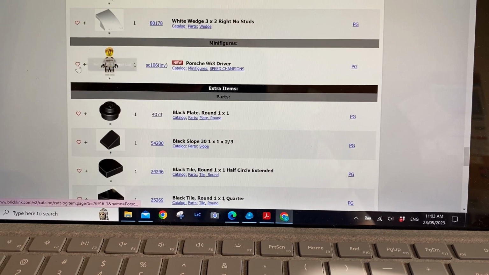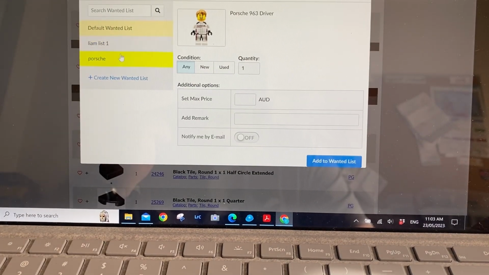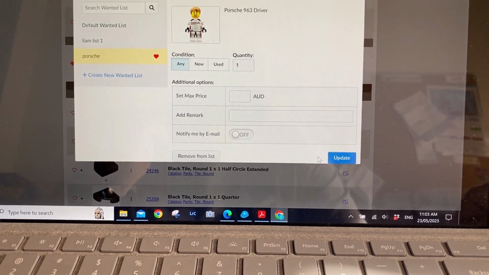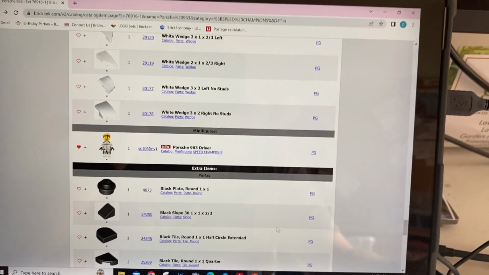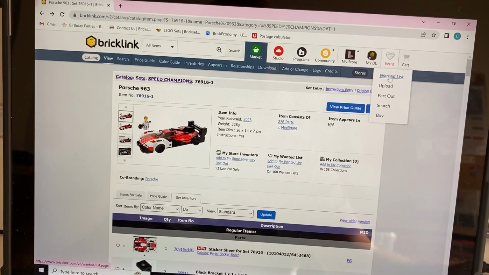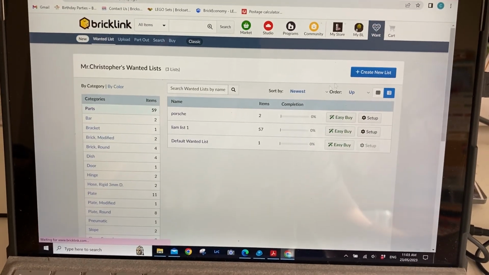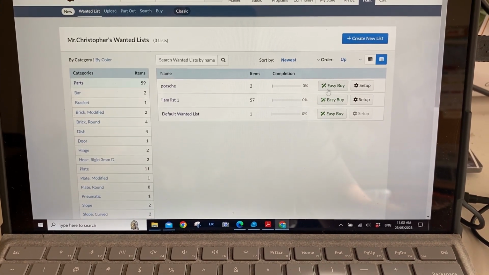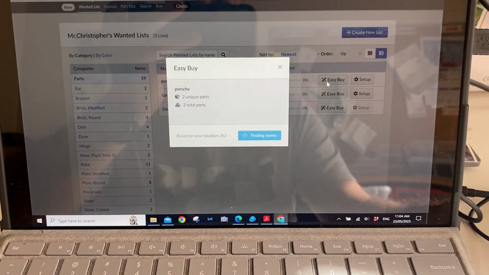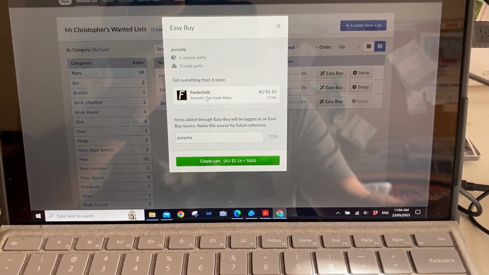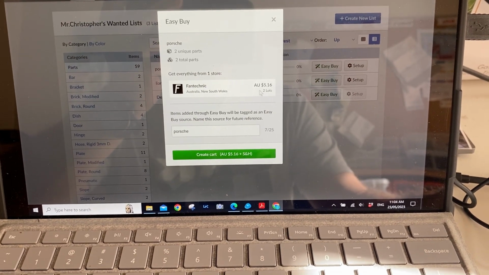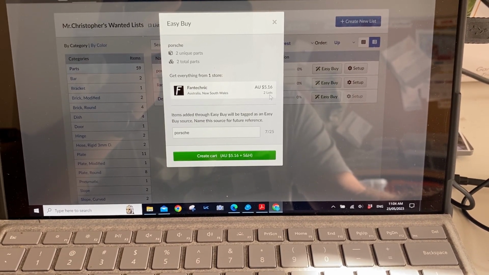But let's say we want this little fella in our list as well. We add him over to our Porsche list, and now we want to buy those parts. So we go back up the top, we go to our wanted list, and here's our list. So again, we can go over to Easy Buy, which will then just find us the 2 cheapest, and you can see here that this particular store has both those parts available in the store, and